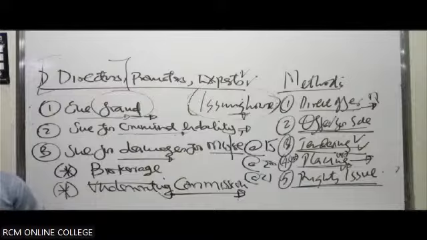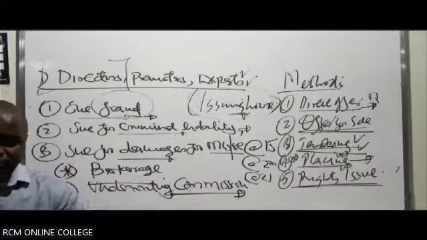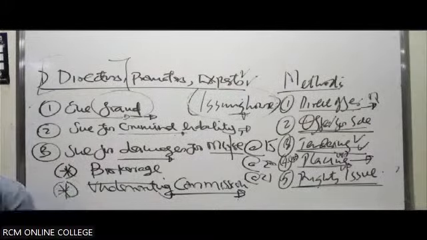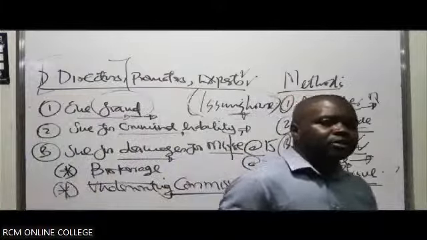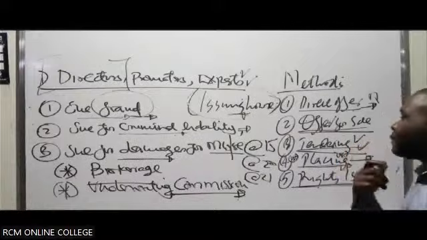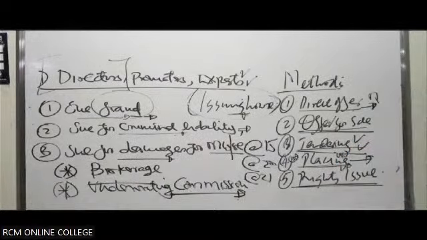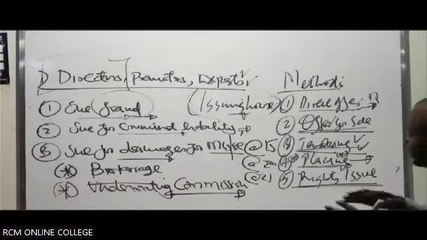A rights issue. So they don't go out and throw a prospectus out there. What they do is convince, or invite, the already existing shareholders and inform them that they can get extra or more shares within the company in proportion to what they already have as a shareholding in the company.